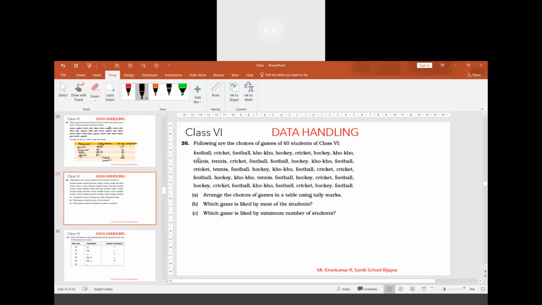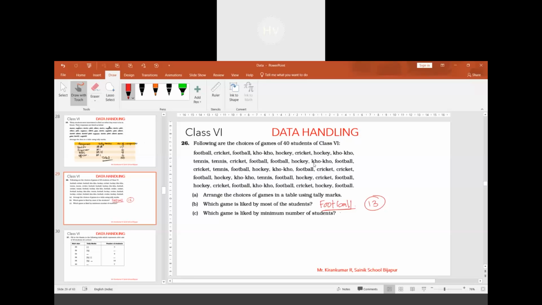Actually, when we look at this, football is the game liked by the maximum number of students. If you do it, you'll get football, 13 students. Football has 13, and the minimum number of students like